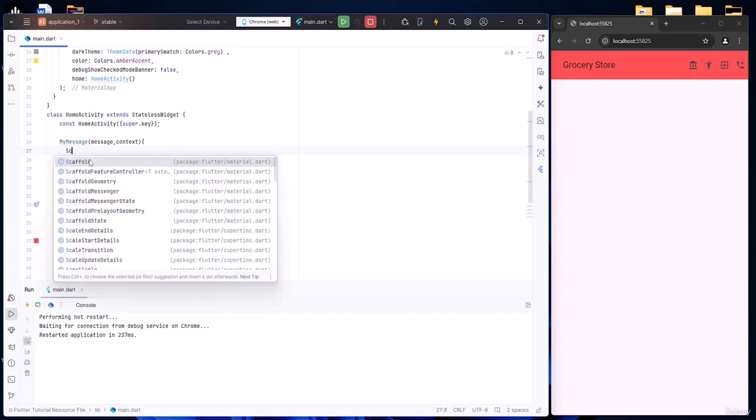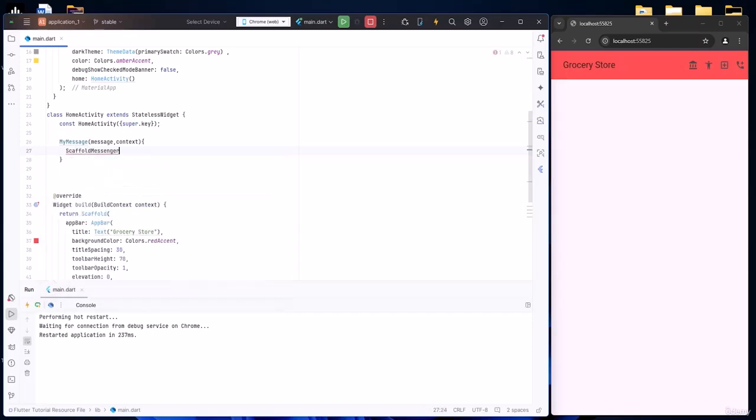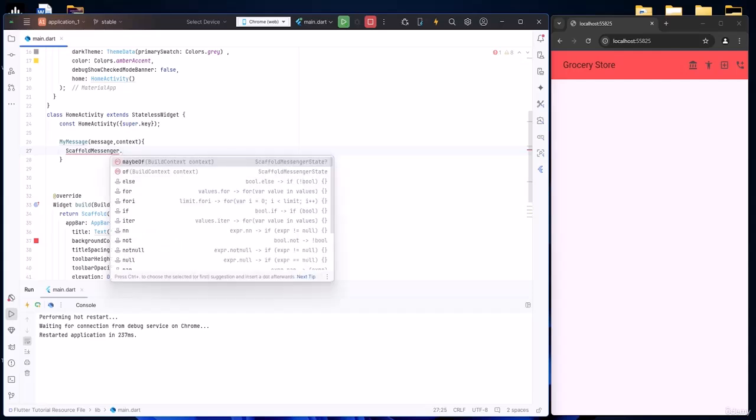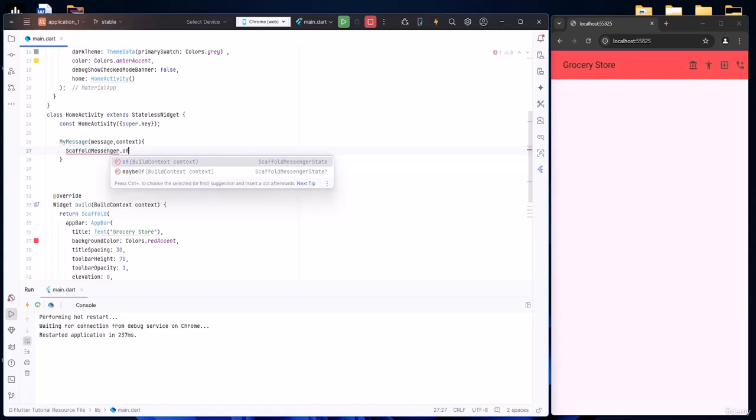If I just type scaffold, here you guys can see I do have the function which is scaffold messenger. Once I have added scaffold messenger, I will put dot and type of. Then I will open parenthesis, and inside the parenthesis, you guys can see